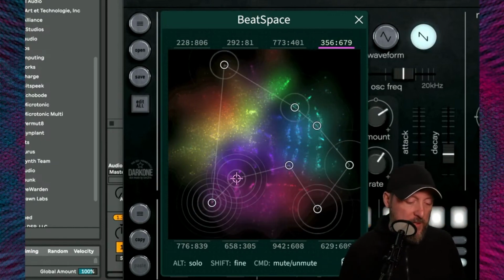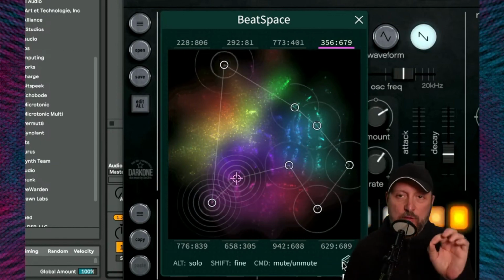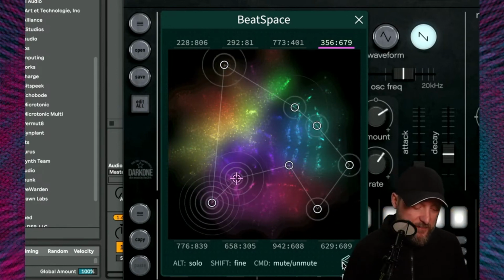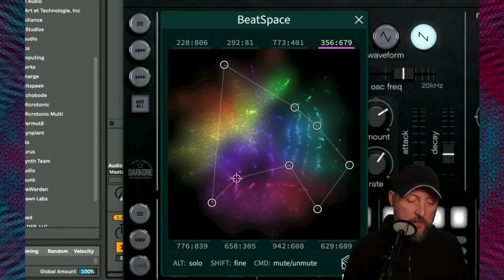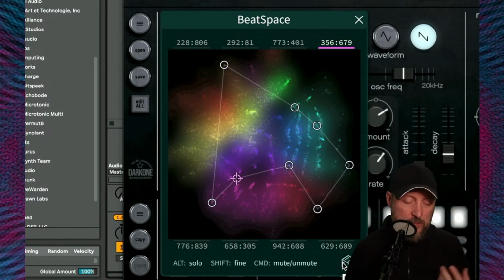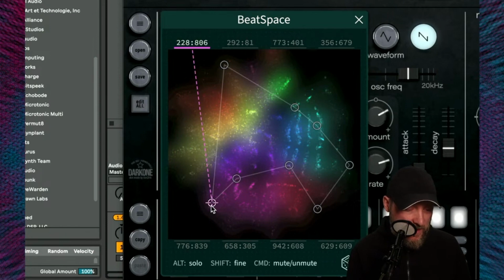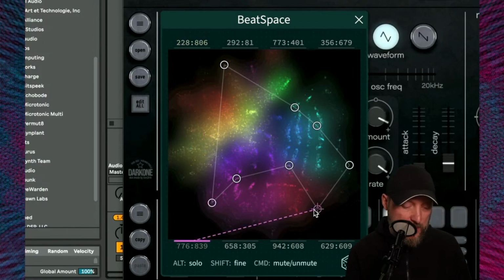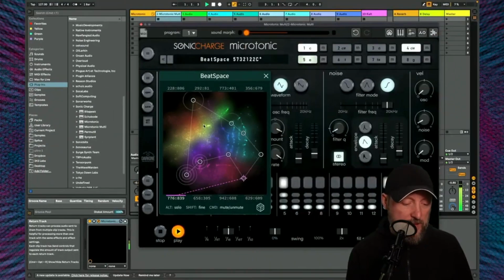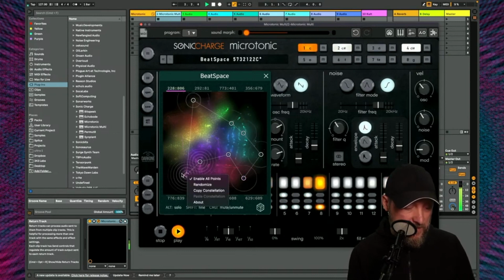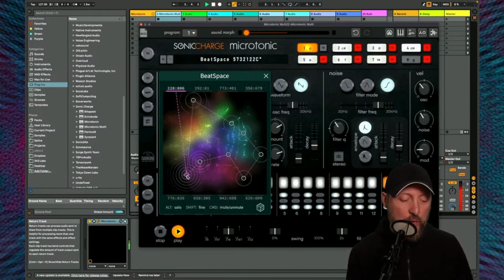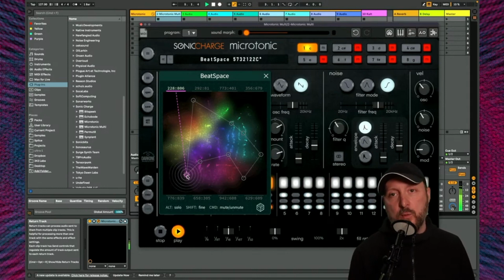Since you don't have total perfect control over the rhythm, let's pause that for a second. You don't have to use all the drums at once. We can mute or solo individual elements. You can see here on the bottom it says Alt is solo. That's the Windows key, right? Yeah, that's going to be Option on a Mac. And then Command will mute. And that's just temporary. So it only solos when you click on it, and then when you let go,